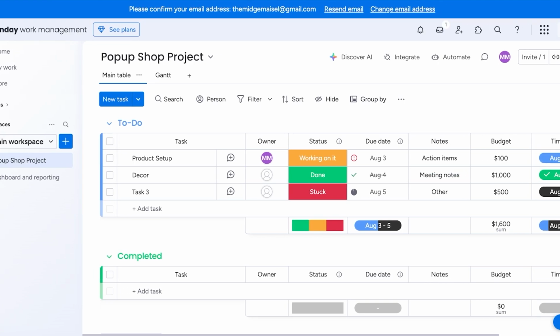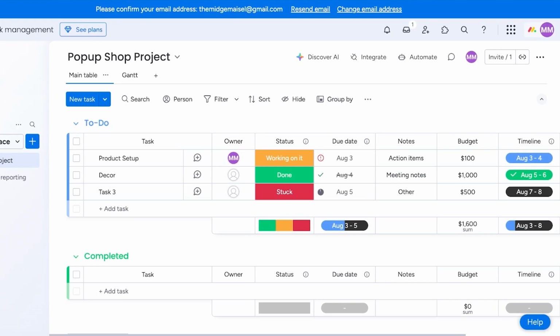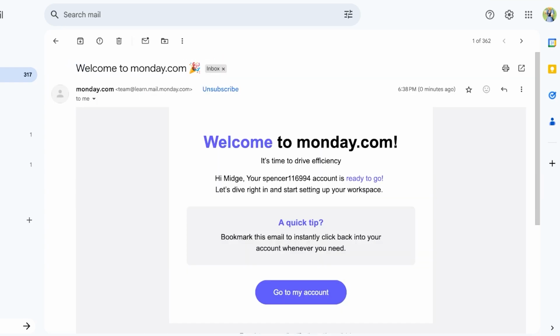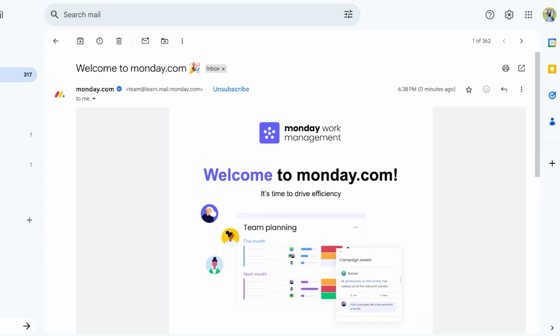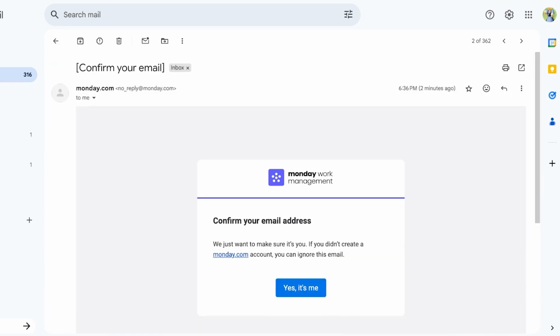Now, this is what your dashboard is going to look like, but first we're going to verify our email so that this pop-up on the top is going to be removed. So simply go into your dashboard and then you're going to see a welcome email and a confirmation email. So we're going to click on Yes, It's Me over here. And once we do that, this is just going to confirm our email so that we can get started with